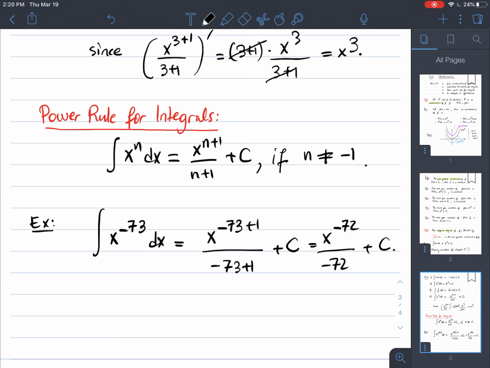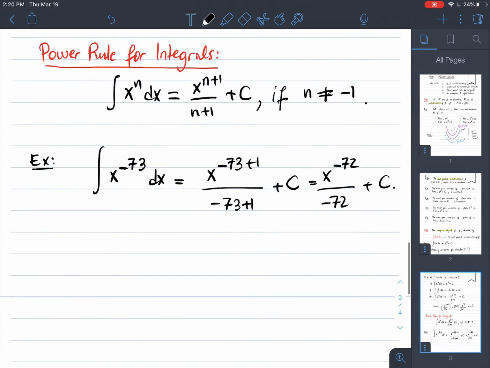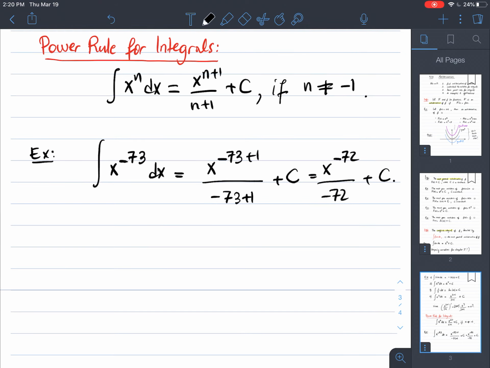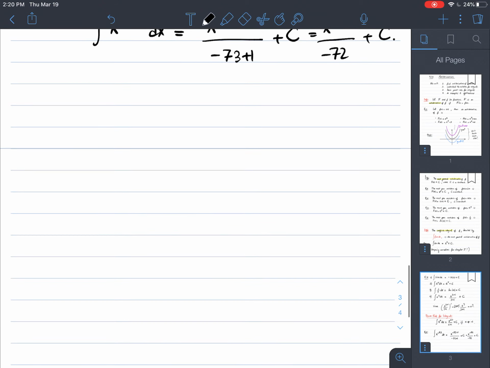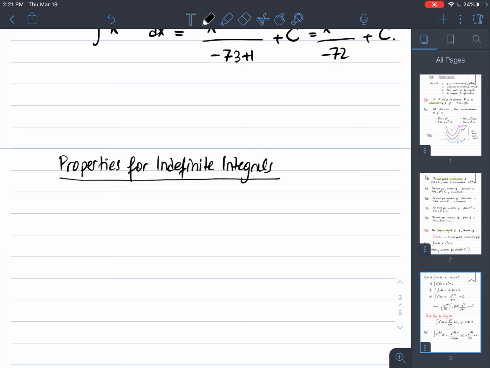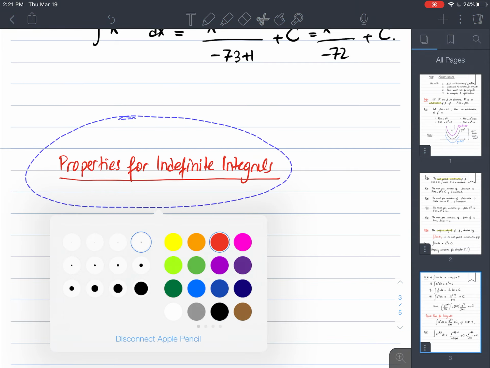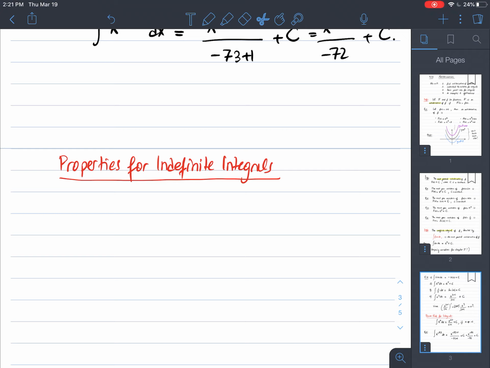Now there are other rules for integrals, which you'll learn later, but for now let me give you two more properties for indefinite integrals. And we do have similar rules for derivatives as well. So the first one is,